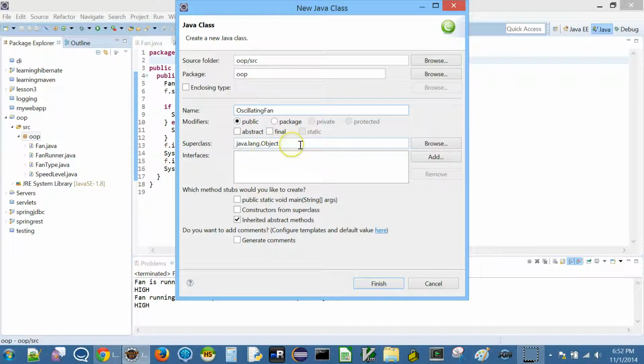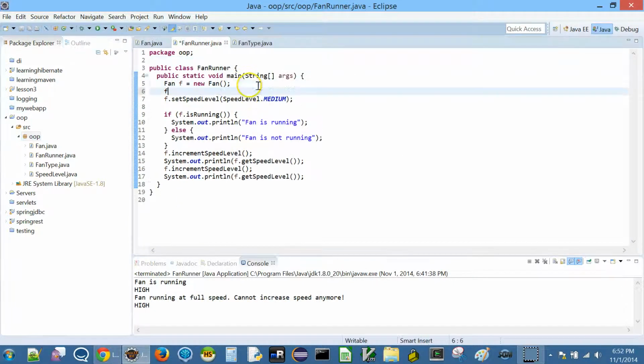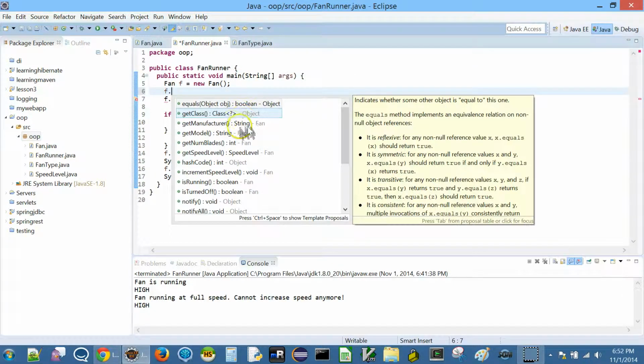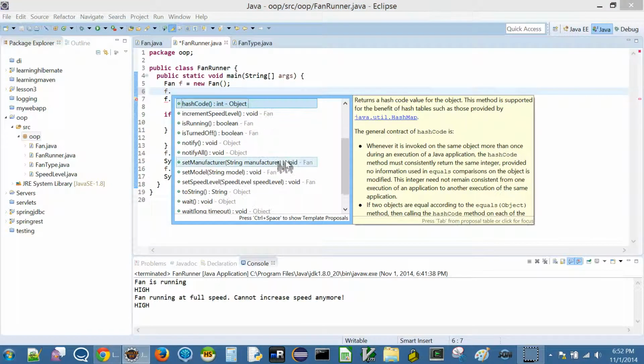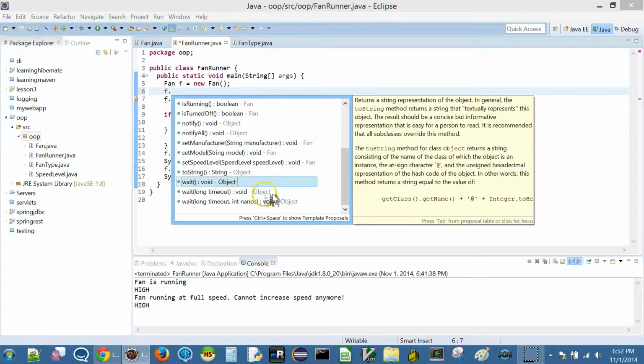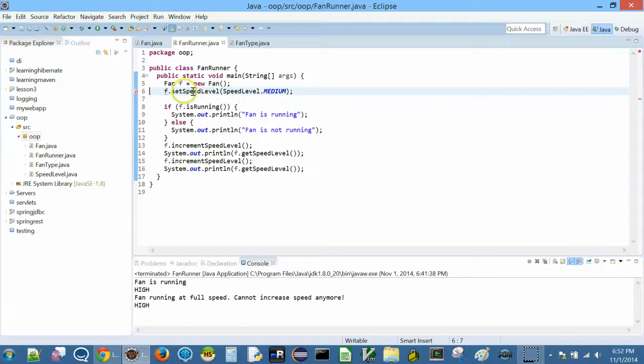Here it has default object. You remember when we were doing this in the previous class, whenever we said f dot and then pressed control space, I showed you a lot of methods, right? Those came from object. All these are coming from object because object is the parent class for all Java classes.